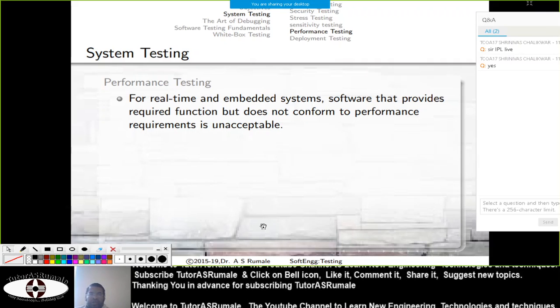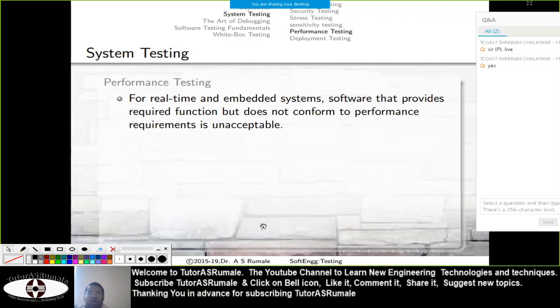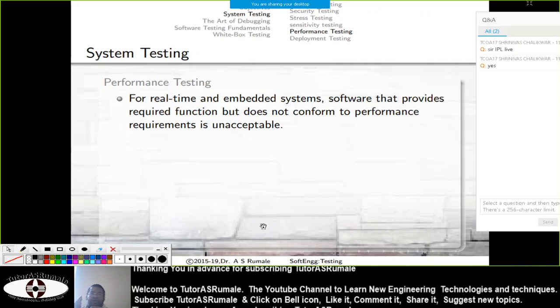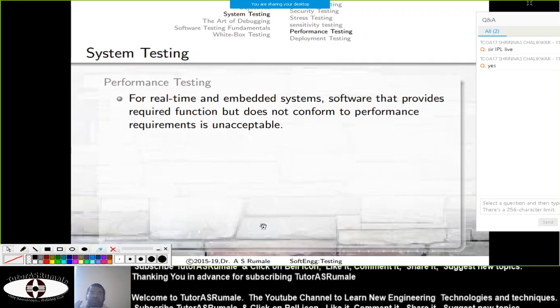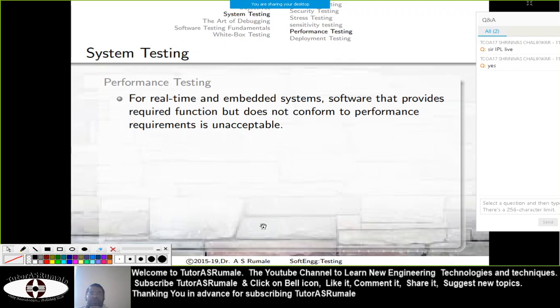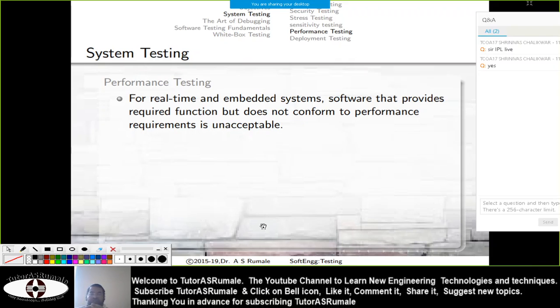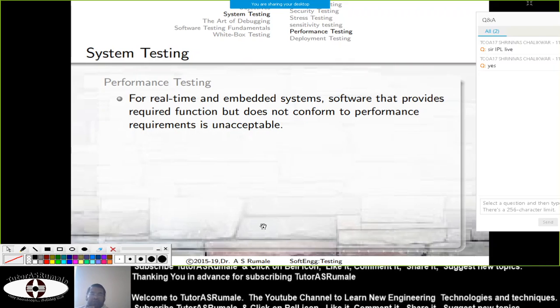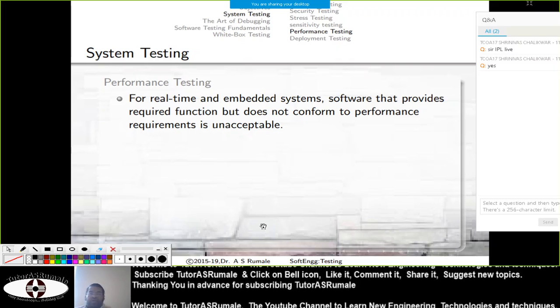The nuclear reactor burst like a nuclear bomb, and almost 2 to 3 lakh people died within a second. So when you have a real time system, performance testing is very necessary, because real time testing won't give you time to recover if it fails in performance.